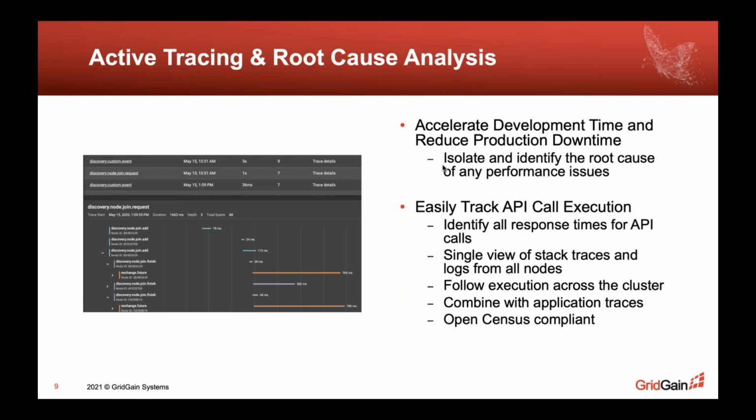And so within Control Center, we make it very easy to enable tracing on a cluster. You simply pick the API that you want to start collecting span data for. It could be cache related, cache reads or cache writes. It could be API calls that are happening around transactions that you might want to collect. Or you may be trying to debug an issue with SQL, and you might want to start to collect the API calls around your queries as the query is getting broken down into its component parts and executing across